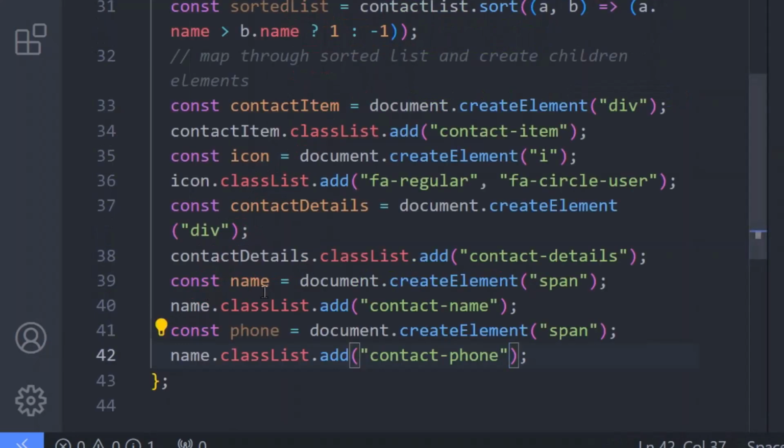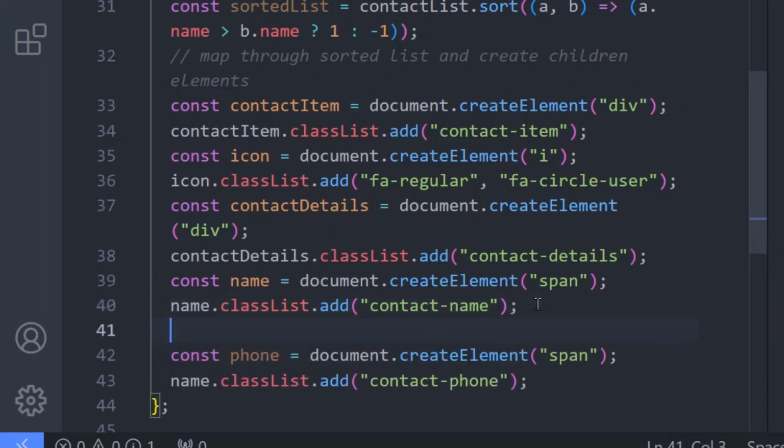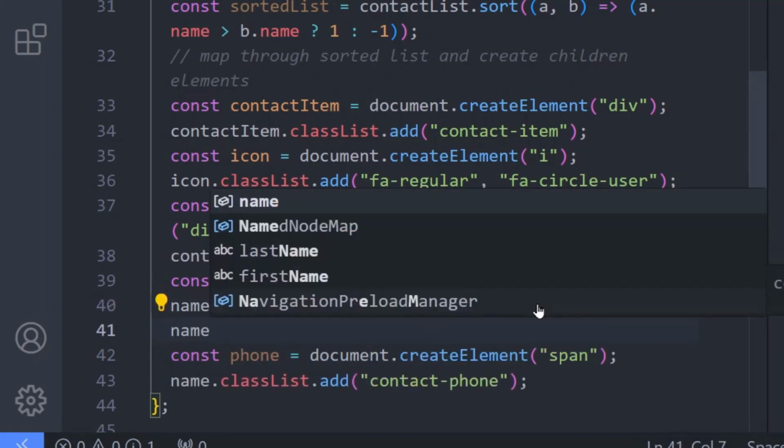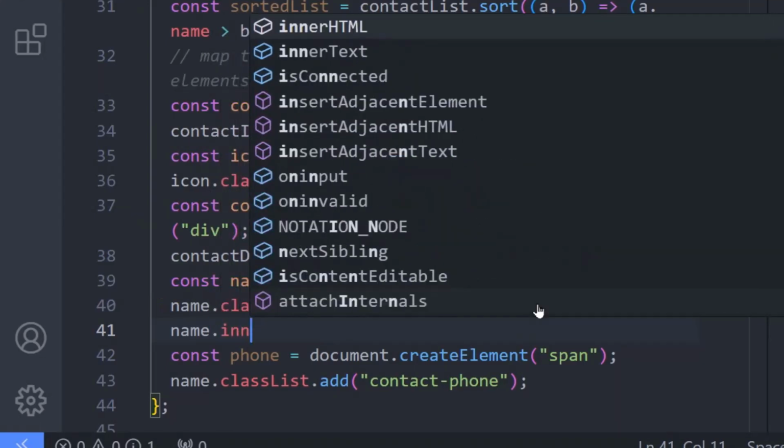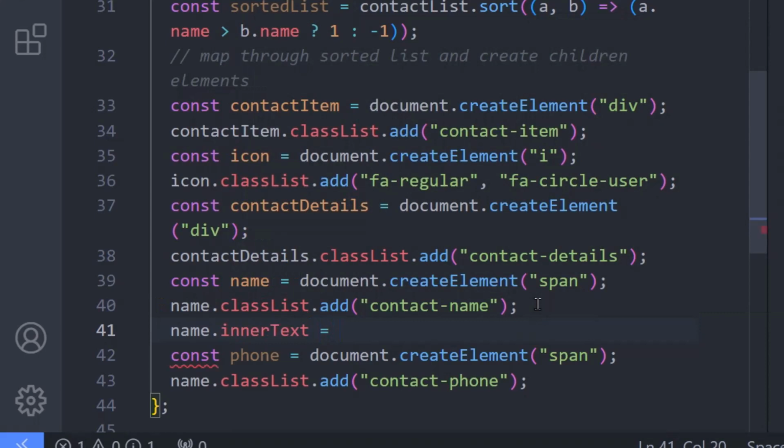Inside here I'll call the name, and if you remember, we said we can use innerHTML or innerText to add text to an element. In this case innerText works pretty well for us. So I'll say name.innerText equal to,